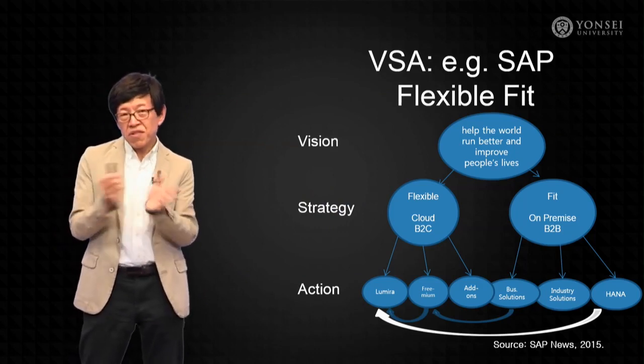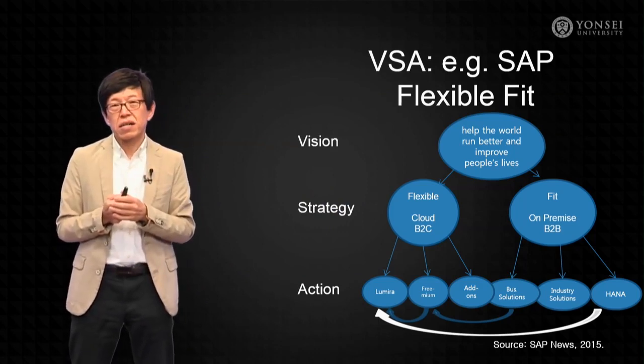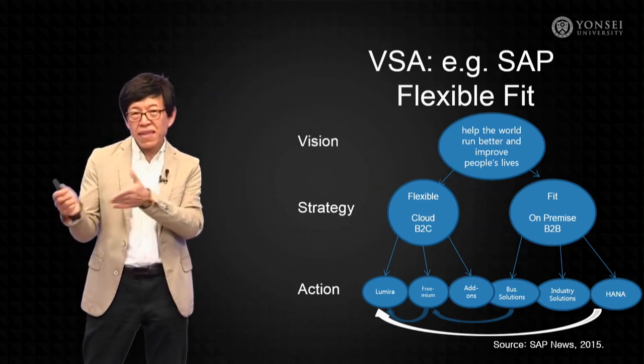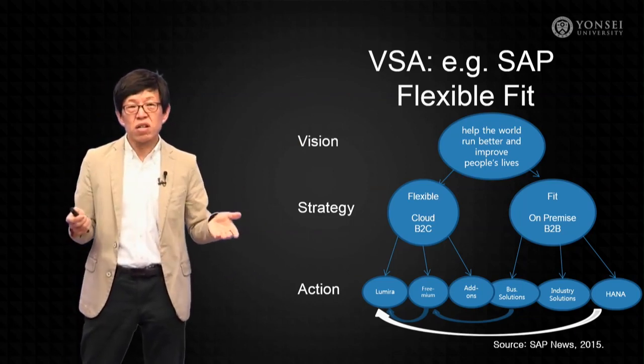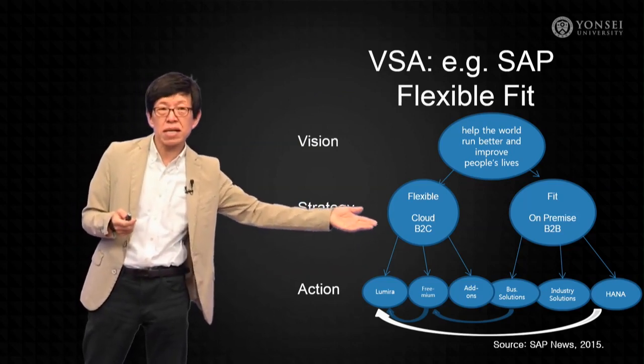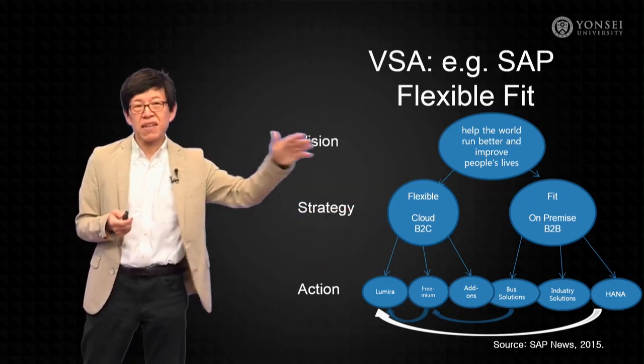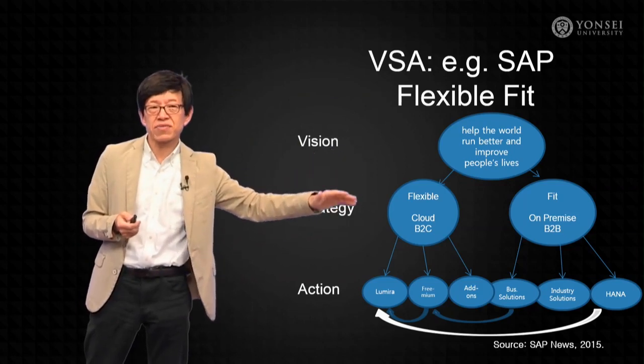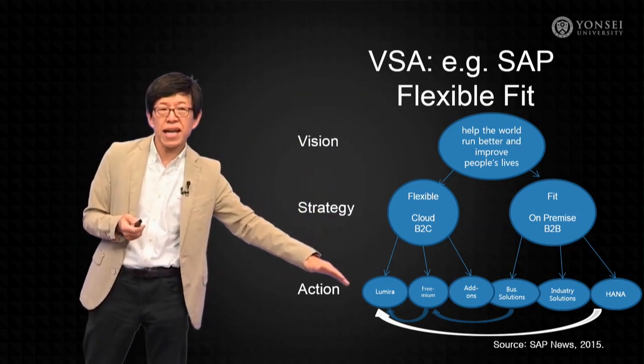But they can diversify that and have more paths to grow by aiming for something which is B2C or cloud-based. But then you have to align that vision and strategy with the proper action,